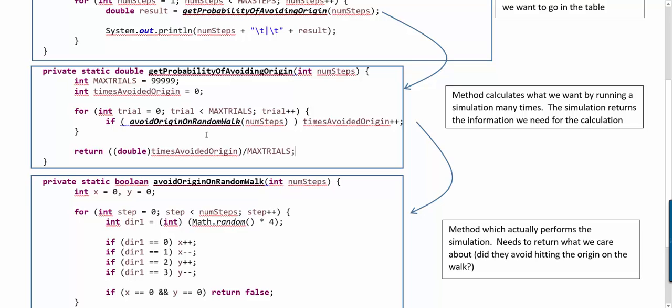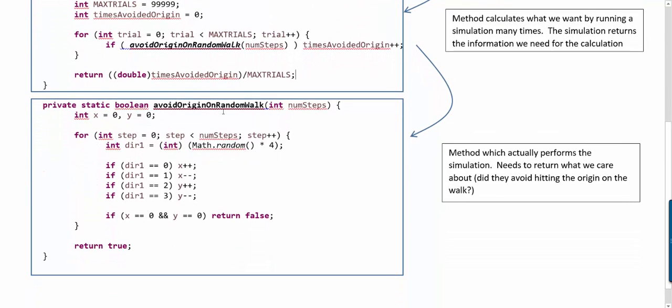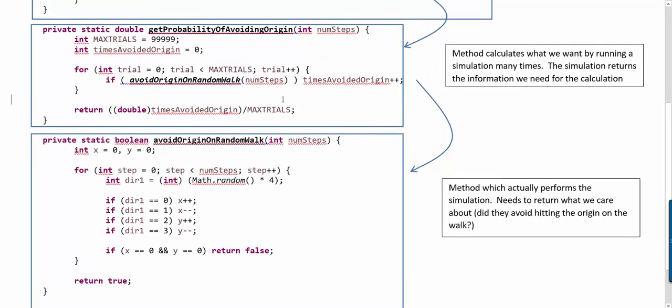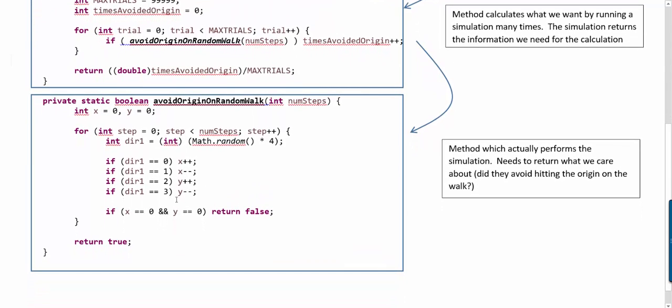So this method that simulates the random walk should return whether or not we successfully avoided the origin, because that's the piece of information the other method needs in order to calculate the probability. I phrased this carefully: I named my method avoid origin on random walk. If we return true, that means I avoided the origin, in other words, I never went back to the origin. If it returns false, I failed to avoid the origin,